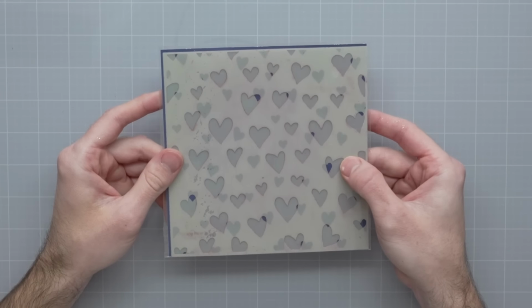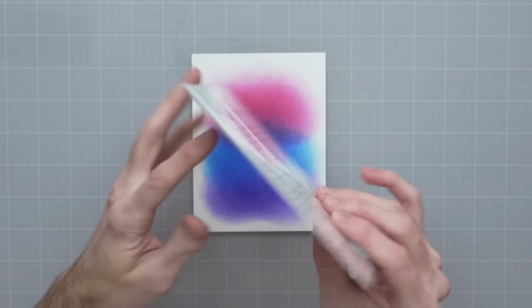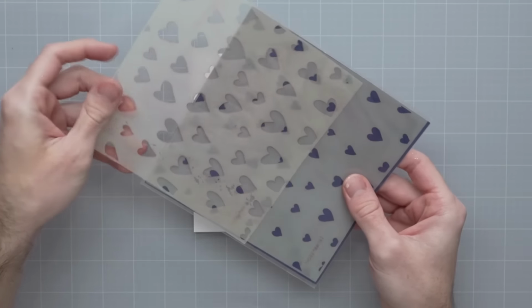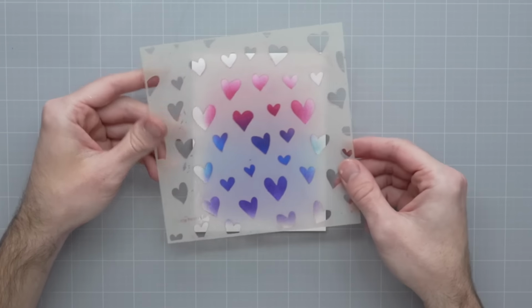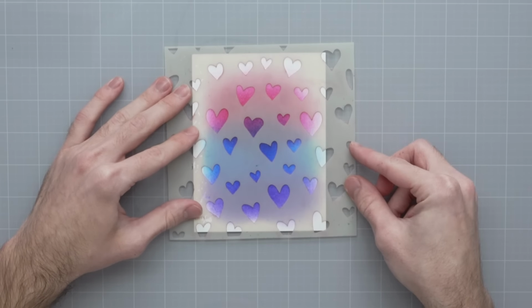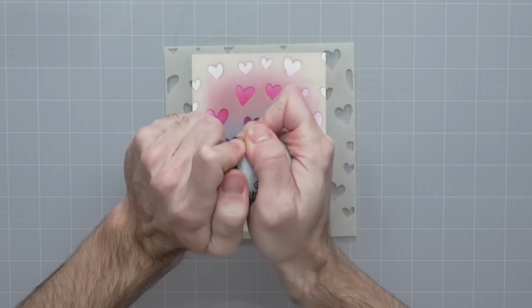Now Valentine's Day just happened, so let's go in with a heart stencil. This is called Happy Hearts. I think this is great for all year round if you just want a great basic heart stencil. It is a layering stencil, but you can use some of these on their own as well. I'm gonna use layer number 1 by itself, which has these bigger hearts, and lay that down right over top of my card. Now for this, I think I'll go in with Silver Lining, which is this gorgeous silver color,